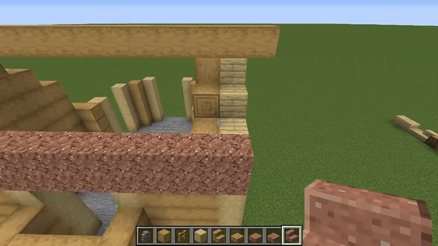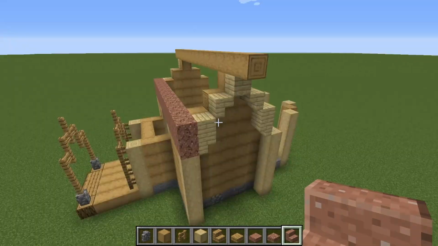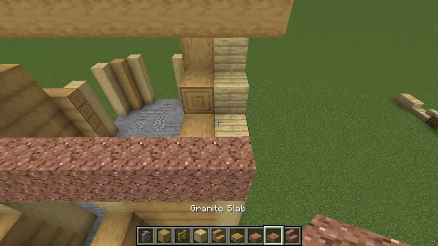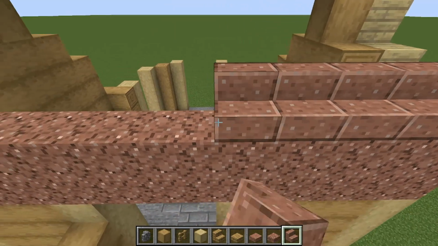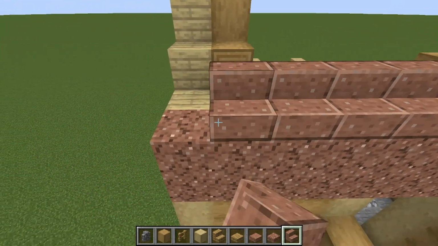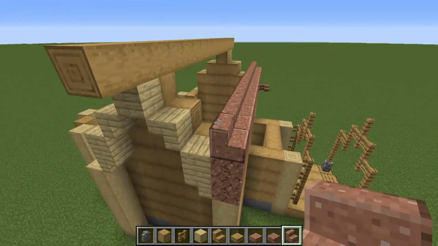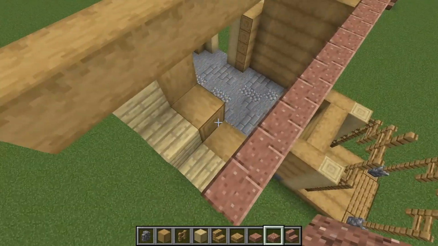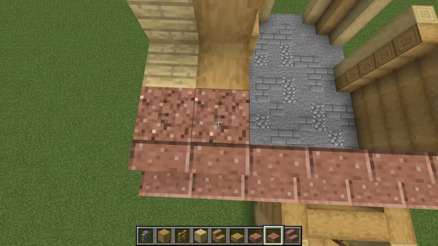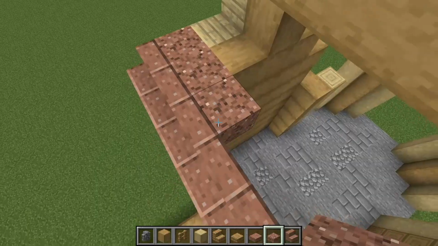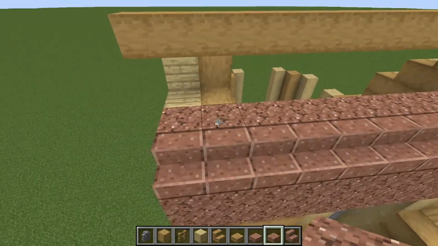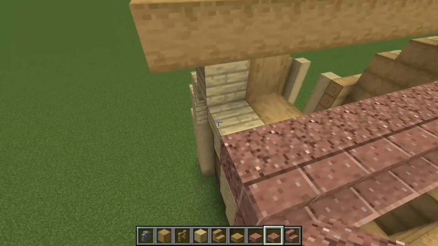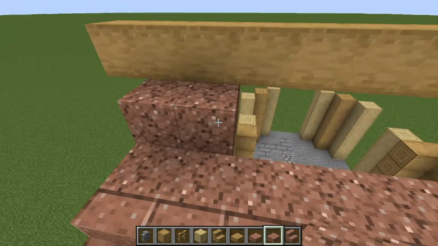Next up, we are going to be placing stairs along this edge like so, and then to fill in this area here, we're going to fill in 1 block of granite. Alright, once you fill that in all the way across, it's going to be the same all the way up, so go ahead and just add a row of granite here as well,